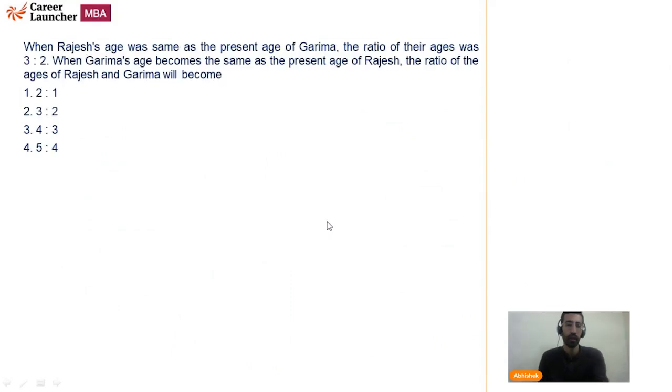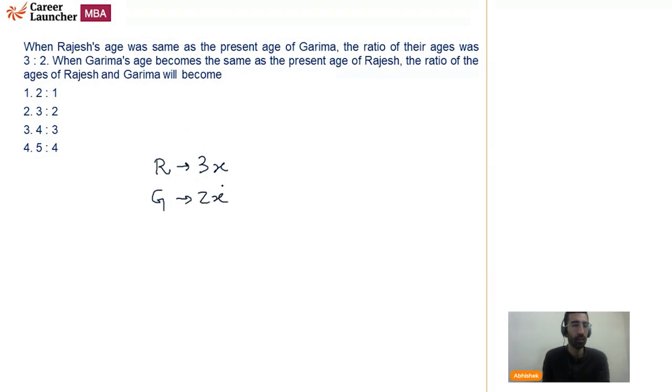Next question says, when Rajesh's age was the same as the present age of Garima, the ratio of their ages was 3:2. When Rajesh's age was the same as the present age of Garima. Okay. So, the age of Rajesh then is the same as the present age of Garima. So when Rajesh is, because 3:2 means 3x and 2x,